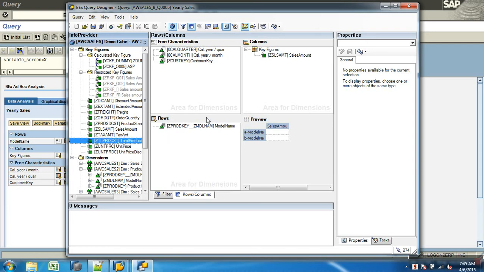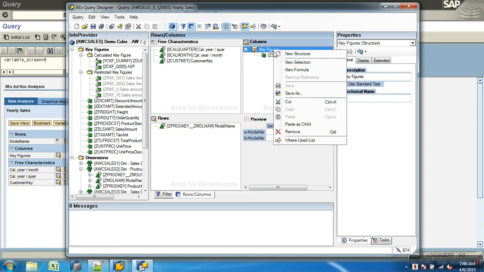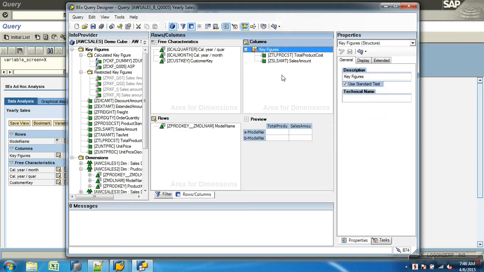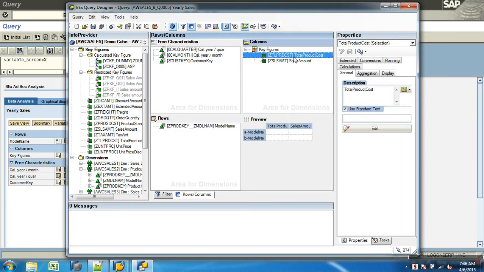So I have total production cost and sales amount. Now I would like to compare whether my cost is more or the amount is more. If cost is more, what does that mean? I've got a loss. So I would like to check these two and build another column. Suppose if production cost is on the higher side, I just have to result 1, and if the sales amount is on the higher side, I should result 0.